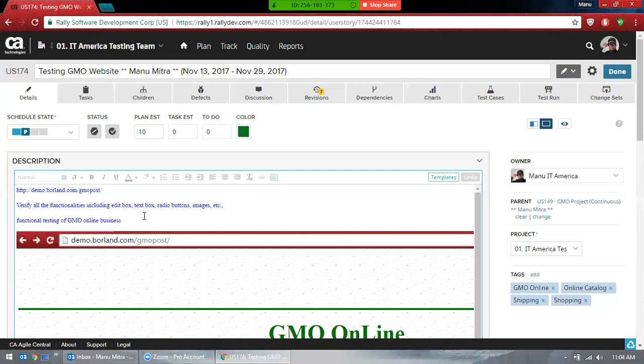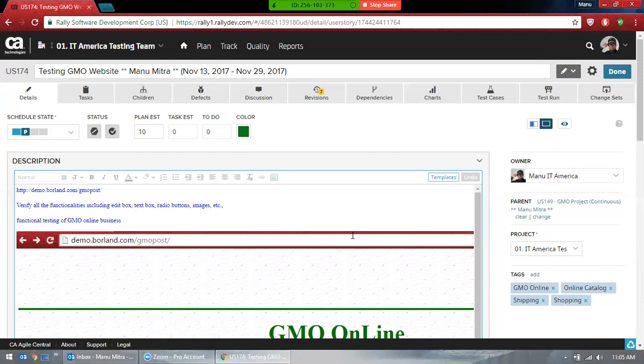Don't delete anything. If you don't know, you have to reach out. Here you have to reach out to me. In real time, if you don't know, search on Google, or try talking to a team member, someone. Then you can figure it out. But you are not supposed to delete anything here. This is the user story, not your job, unless you are a business analyst. You're a tester. You have to remember that.